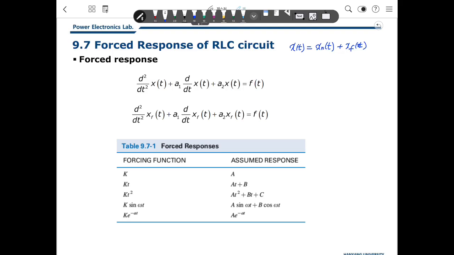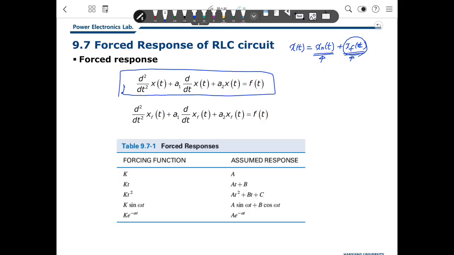Before, in the previous chapter, we discussed the natural response of the second order differential equation. And now we will discuss the forced response of the RLC circuit. As we discussed in the second order differential equation solution in engineering mathematics, the form of the forced response is the same as the input function. So generally, you define the